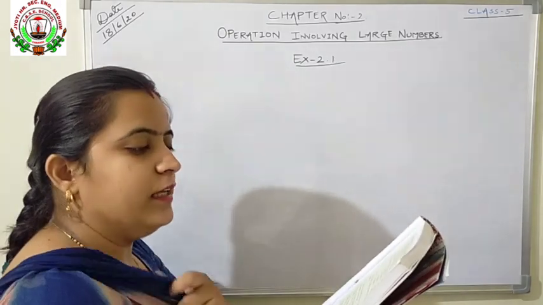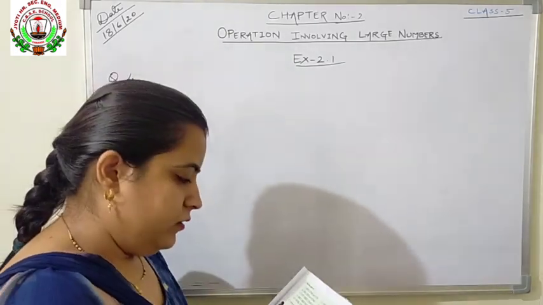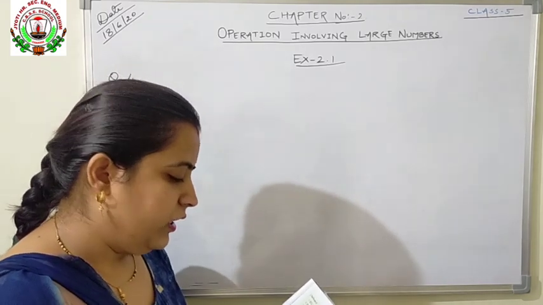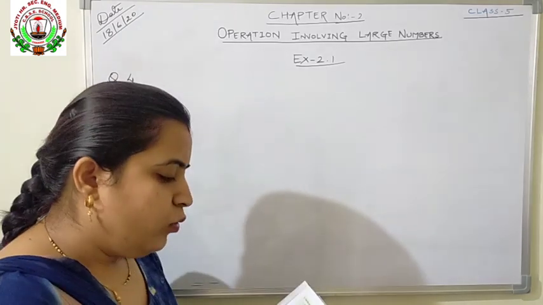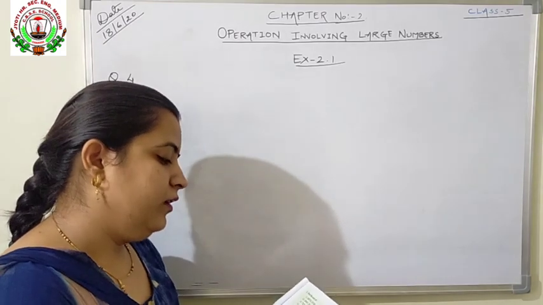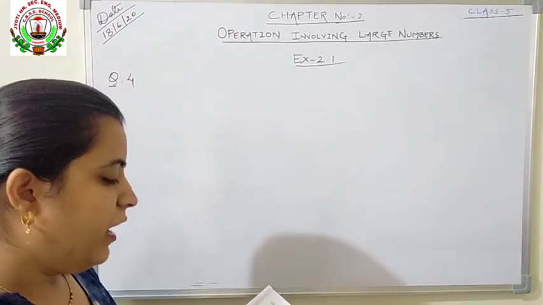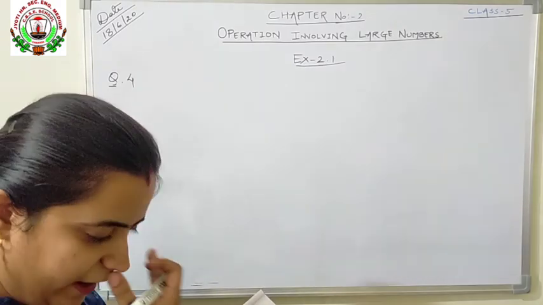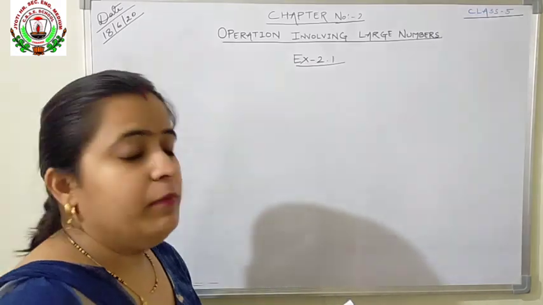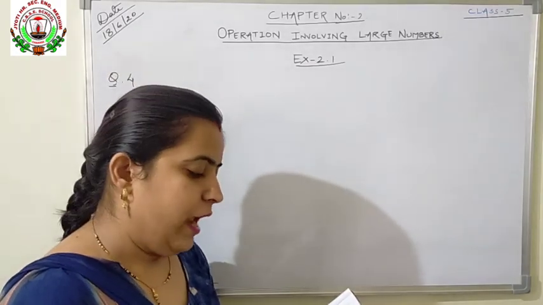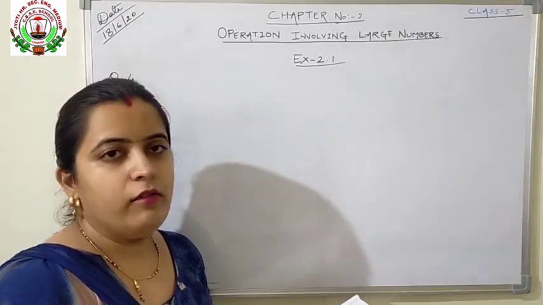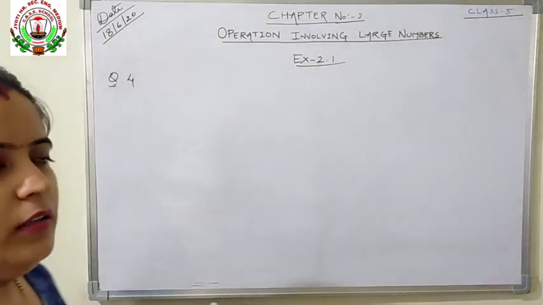In 2006 to 7, 2,46,678 bulbs. In the next year, 2,28,000 some bulbs. In the next year also some numbers are given, and in the next year also. Find the total number of bulbs manufactured by the factory during the period of 2006 to 2010. Means starting from 2006, how many bulbs did the factory manufacture, that you have to find out. So how will we find it out? We have to find the total sum.